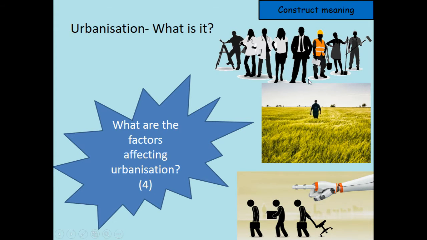So you've got here potentially jobs. Okay, you've got food. And you've got people not having jobs, so they might need to move to another city. So it might not necessarily be moving from, say, the countryside to a city or from the city to the countryside. It might also be moving from one city to another city. Okay, so can you please just come up with some ideas for some push and pull factors? Remember, your push is the reason why you're leaving somewhere, and your pull factor is a reason to move somewhere. Okay, so pause the screen, have a go at doing those for me.